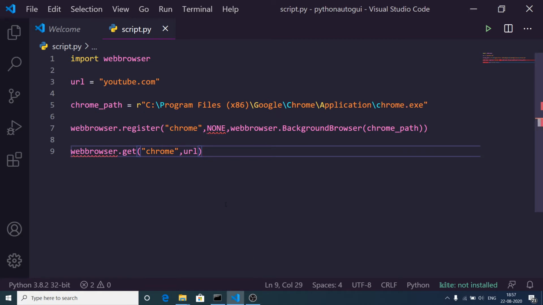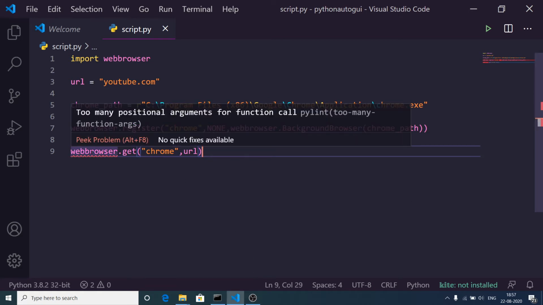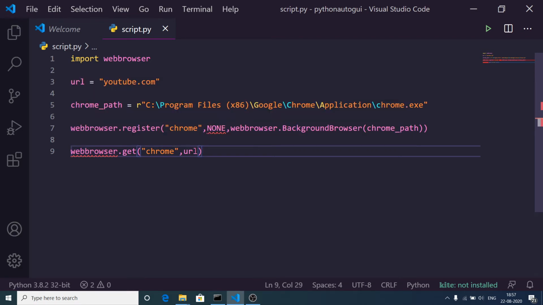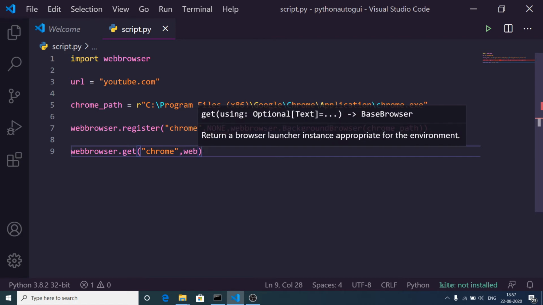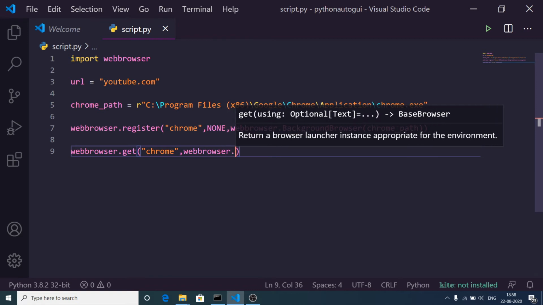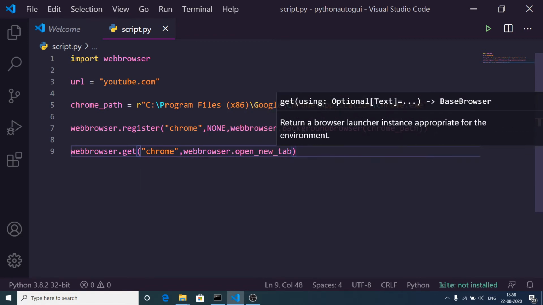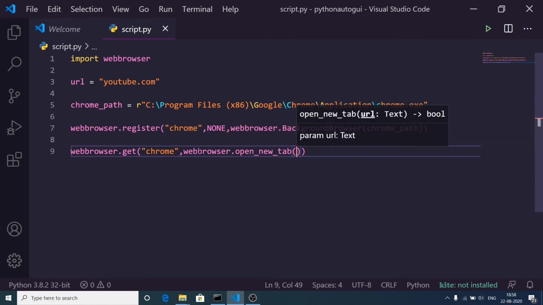So this is a Python script, guys, a very easy Python script. Oh sorry, what is the problem here? Let me just see webbrowser.get chrome, and I think there is a function, webbrowser, open new tab, and inside this argument we need to pass our URL.